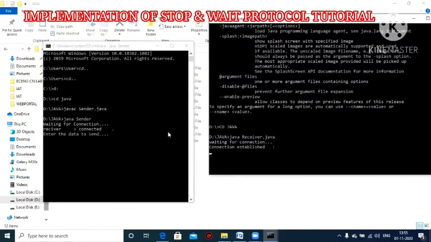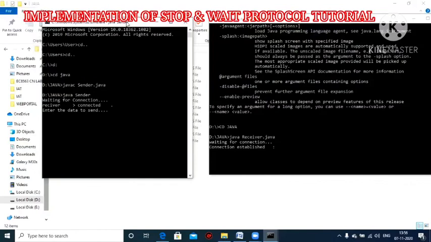See, first the receiver shows waiting for connection. Once the sender starts, your sender and receiver get paired. Here it displays connection established. Now the connection is established between sender and receiver.